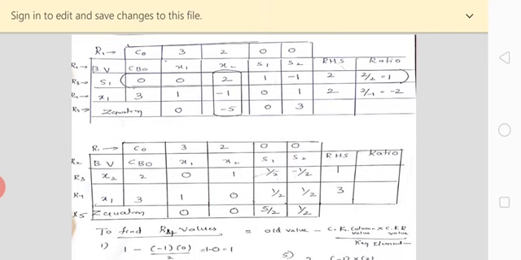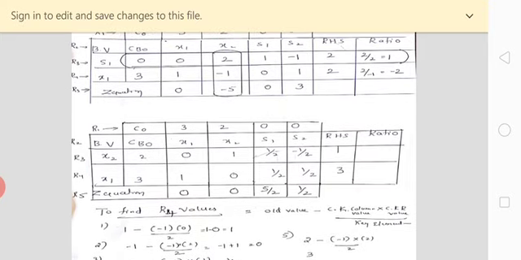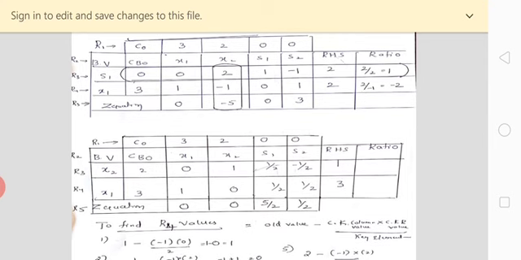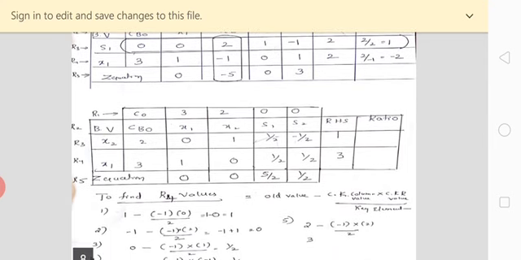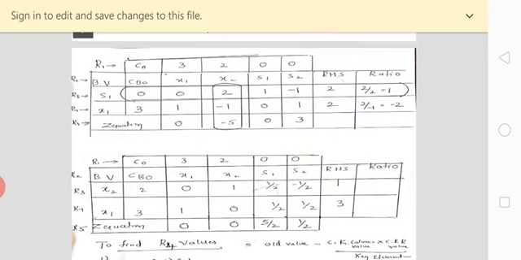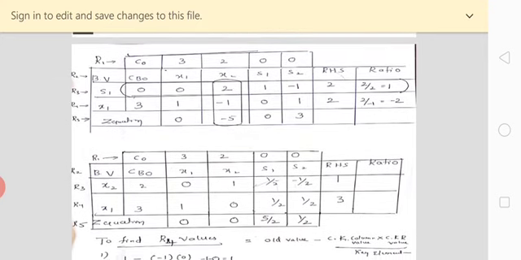Understood? Now again you go for entering x2 and leaving S1. X2 and x1 I have written now, and again the same thing here, for the row which is leaving, that value is going to be added. X2 will be replaced again. How did I get that now? See here, the key element will be there. That key element is, for the entire R3 row, 2. That 2 is going to be divided into the entire row values now.